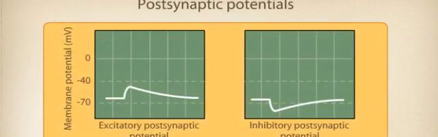So let's take a quick look at all this again, just to do a review. So the postsynaptic neuron would be here. The presynaptic neuron would be here. The synaptic cleft would be in here. The neuron that shows receptor sites would be here. So the binding of a neurotransmitter to a receptor site on a postsynaptic neuron